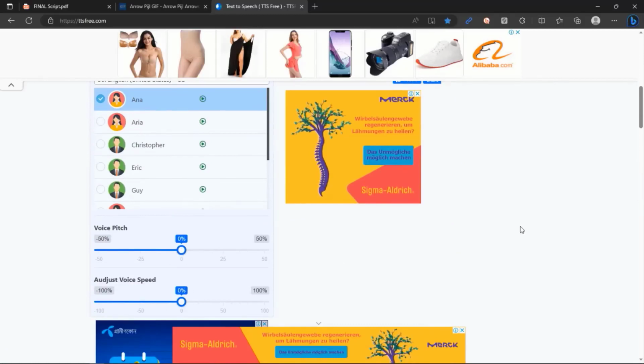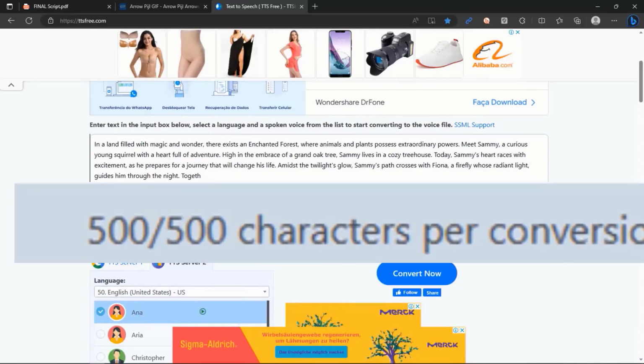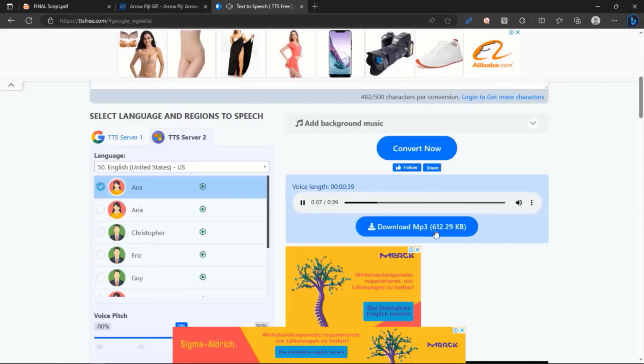The good thing is, you don't need to log in here, but this site has a limit on how much text you can use at once. For larger scripts, you might need to split them up. For a smoother alternative, you can sign up on